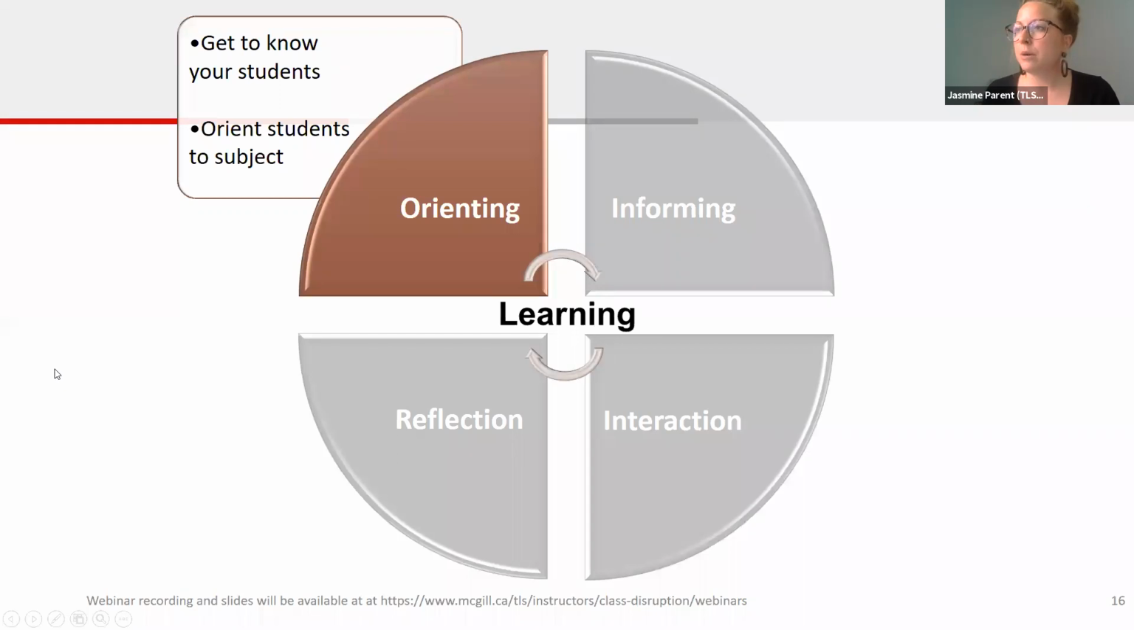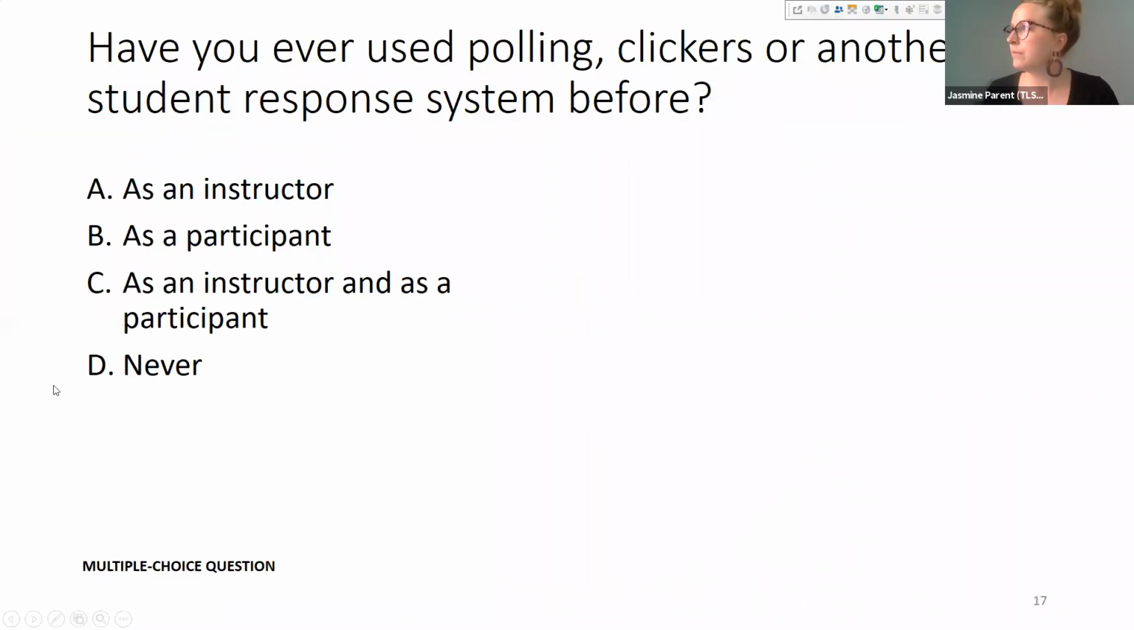So I'm going to ask you a polling question here, and the poll is open, about your experience using polling. Have you ever used polling, clickers, or another student response system before? You either have as an instructor, as a participant, as both, or you have never used it before. I can see here up in the right-hand corner, the poll is open, and I can see that the